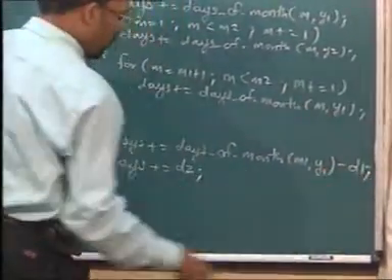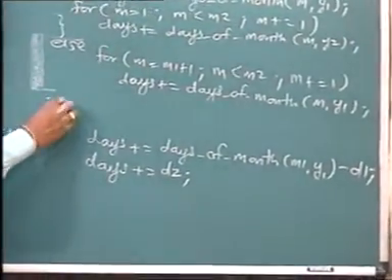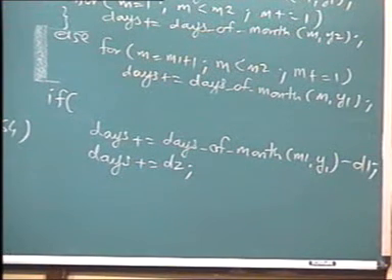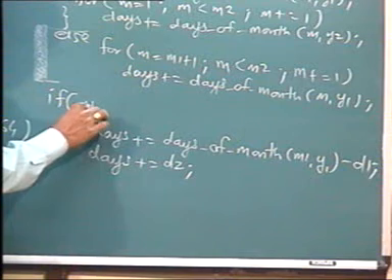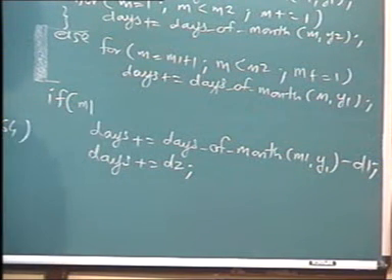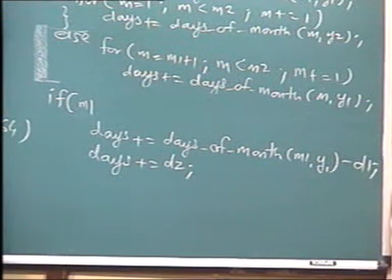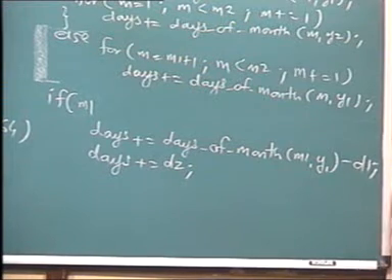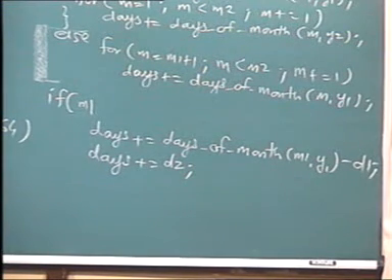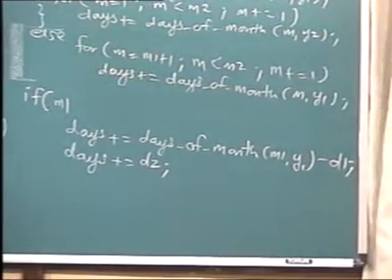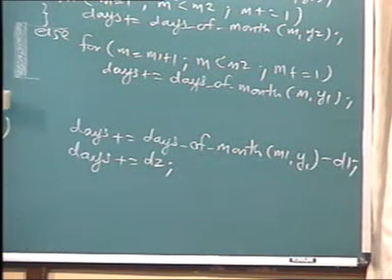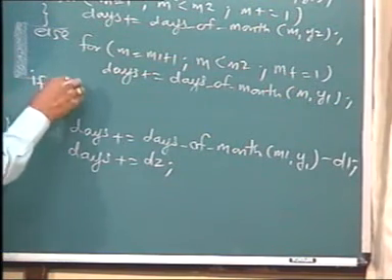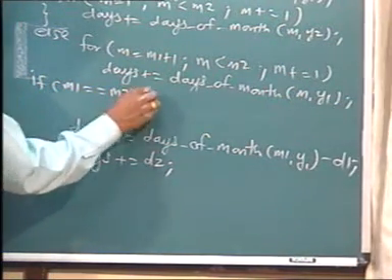This is the thing that I had. You can at the most put a condition over here saying that if M1... I'm not getting the condition. I would prefer to put it this way: if M1 equal to M2 and Y1 is equal to Y2,